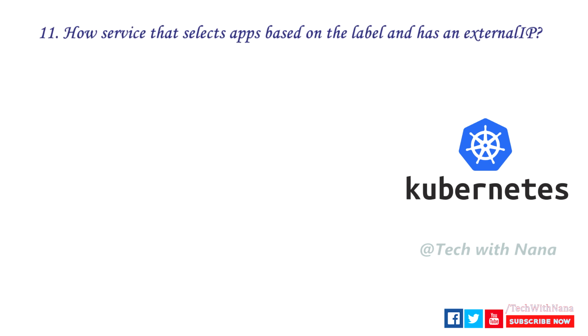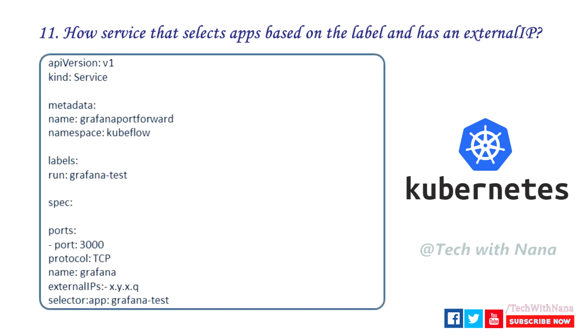How does a service that selects apps based on the label and has an external IP work? The service selects apps based on labels, so if no pods have appropriate labels, the service has nothing to route, and labels can be anything you like. Since all pod names should be unique, you can just set the labels as the pod name. Since stateful sets create the same pods multiple times, they won't be configured with distinct labels you could use to point disparate services to the correct pod. If you gave the pods their own labels manually, it will work.